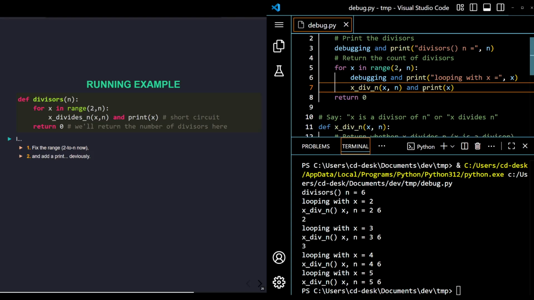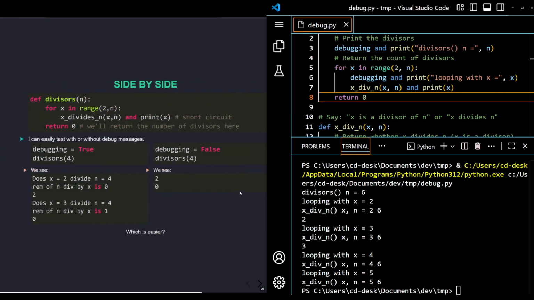I think short circuiting is cool. I think it's also confusing, but it's so cool I'm showing it to you anyways. Sometimes you just got to do things because you think they're cool and fun. So that still works. And I don't know, I think it's cool, so I'm showing it to you. Okay. Now,